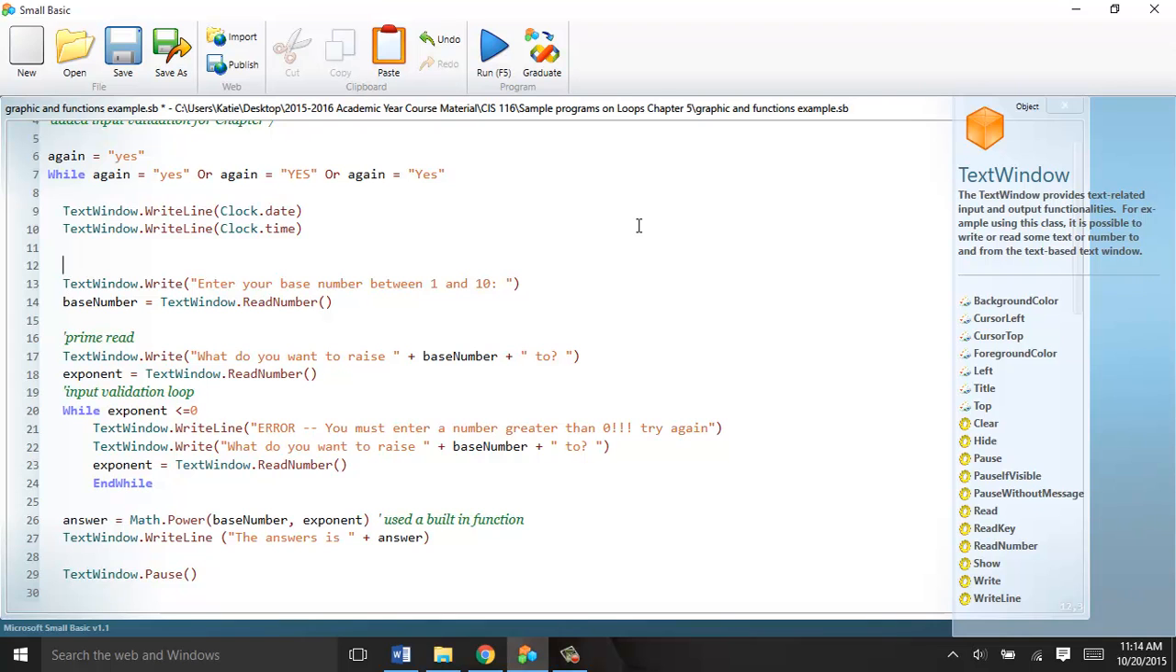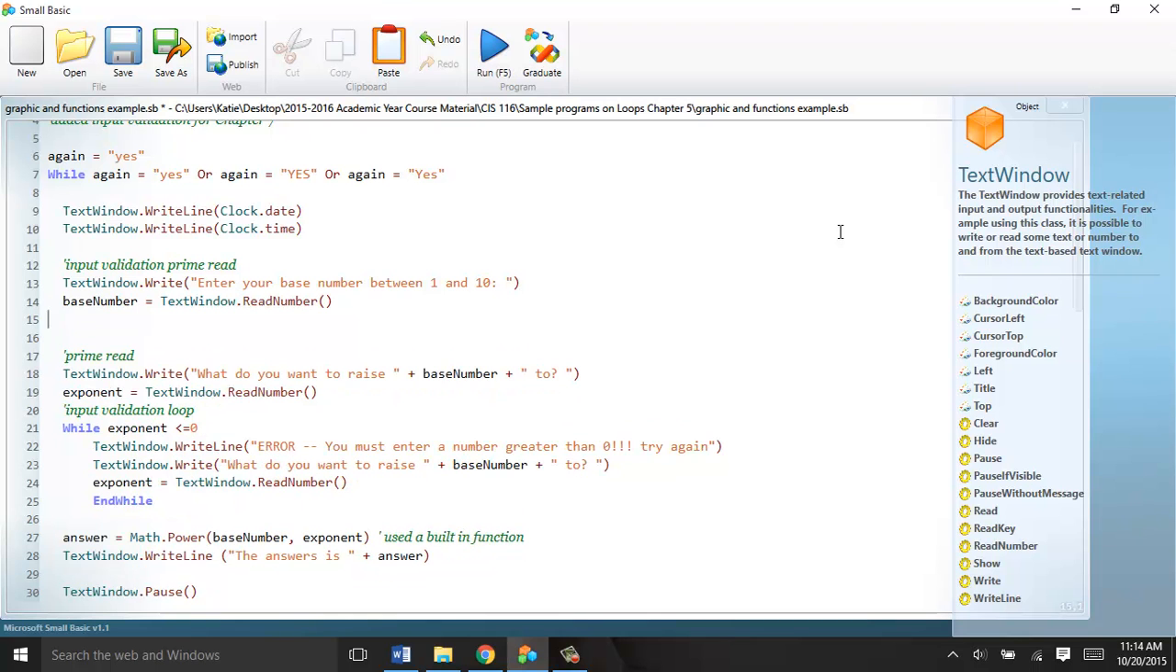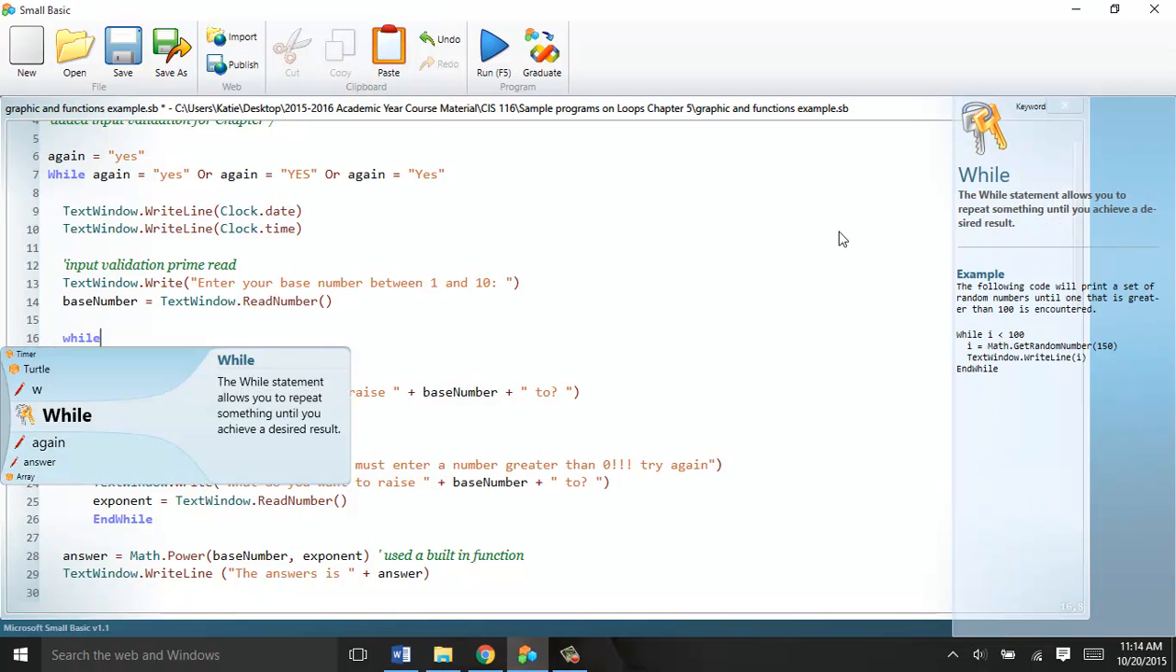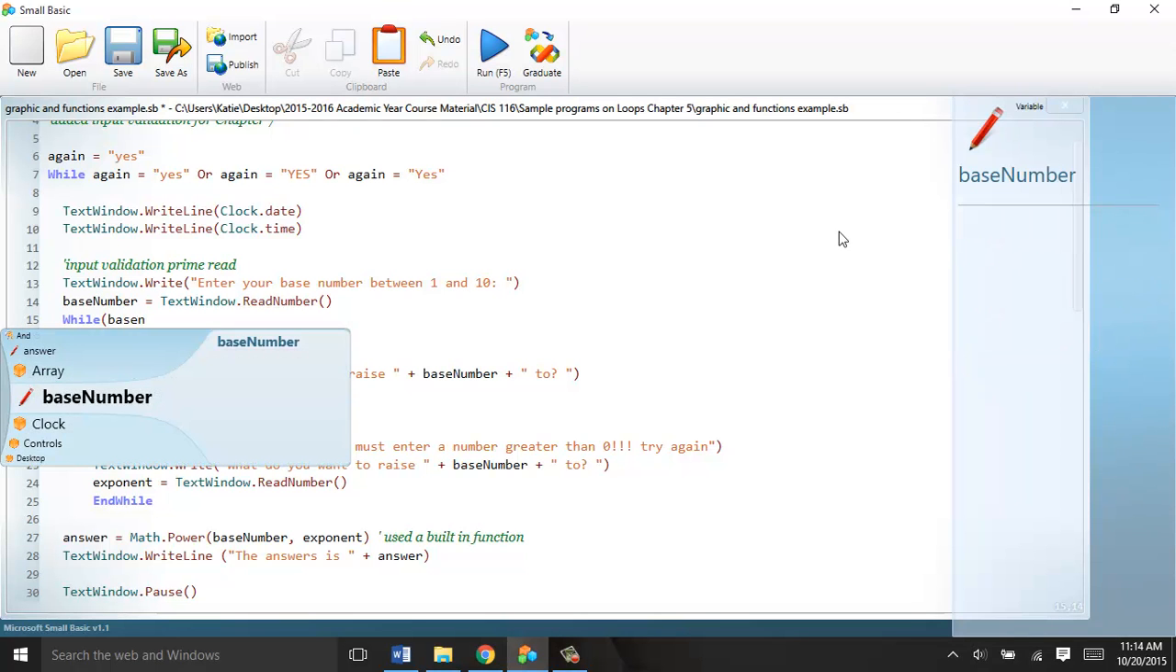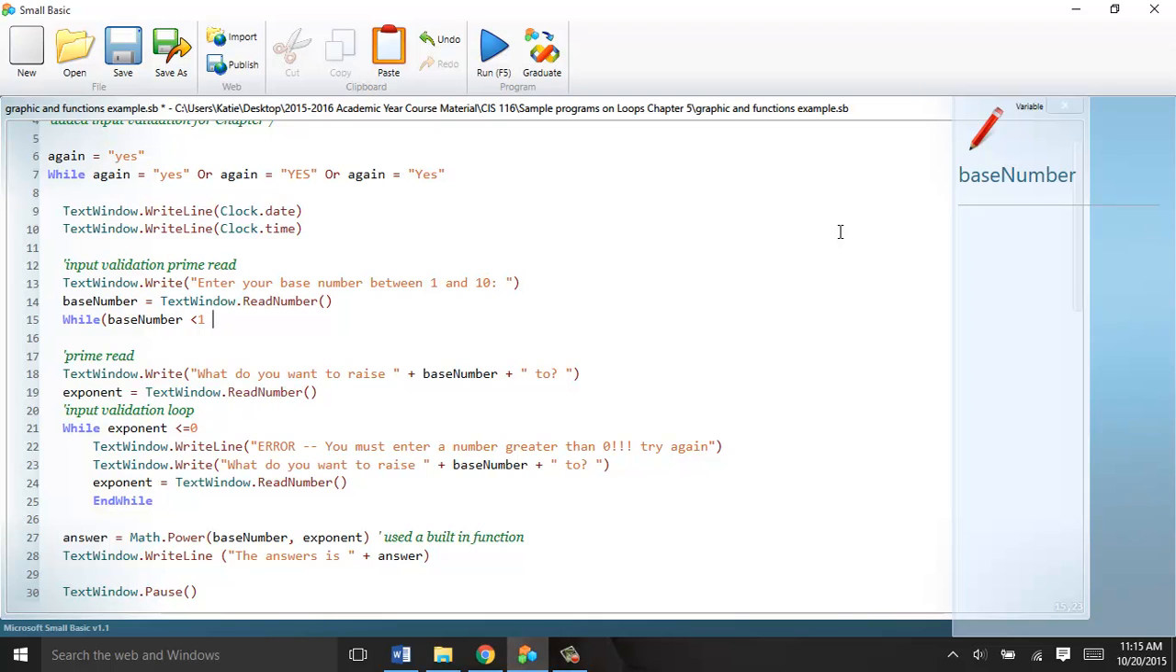We need to input validate our base number. So input validate. And this is our prime read. So we ask the question. I'm going to copy. By the way, a lot of times when I do my input validation, I'll code it, go through and code it, make sure it works, and then go back and do my input validation. That's just something that works for me. You can do it at the same time if you want, but that's up to you. So let's do our while, and I'm going to do a range because I said 1 through 10. So while baseNumber is less than 1 or baseNumber is greater than 10,